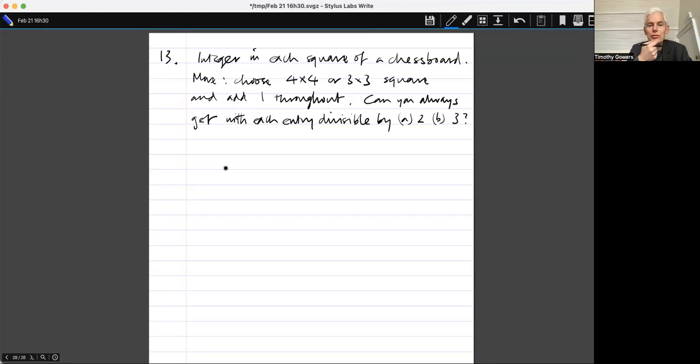And an immediate... Wait a moment. Yeah, so an immediate observation is that the parity of the number of 1s is not necessarily preserved, because if you've got, for example, 9 1s here, and you change them all to zeros, then the parity of the number of 1s has gone from, let's say it's 0 everywhere else, from odd to even. So parity is not preserved, and that suggests that it may well be that you can always get each entry divisible by 2. If you think about it a little bit further, we realize that you could regard this as an enormous